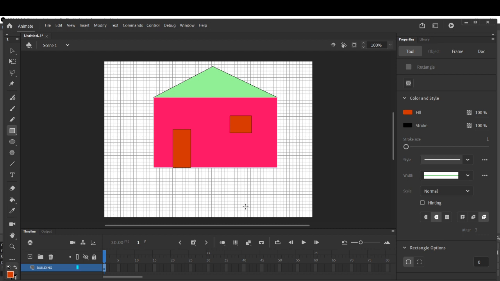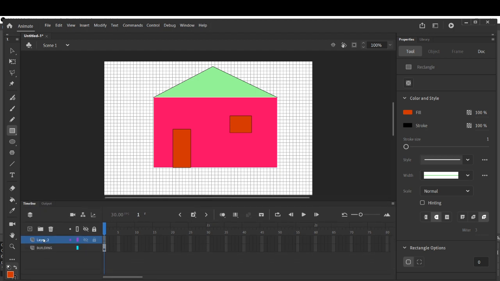Now just in front of this hut we have some grass, some trees, as well as a road. But before that, you have seen the sky. Just beside this hut we have the sky also. So for that we will add a new layer. Click on this plus sign, and now one layer is added, which is at the top of the building.